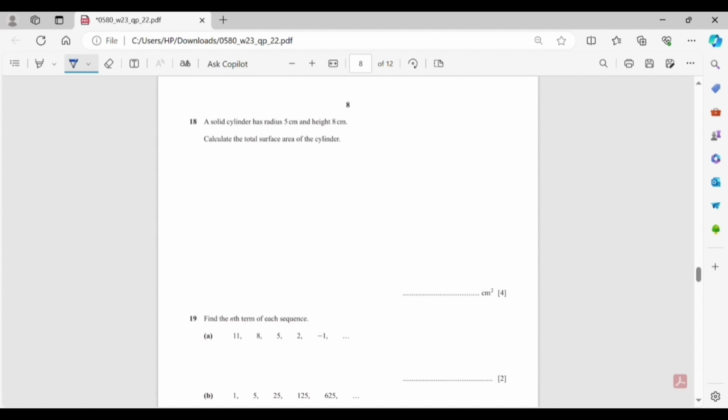Now the total surface area of the cylinder is equal to 2 pi r h plus 2 pi r square. Now this will be equal to 2 pi r